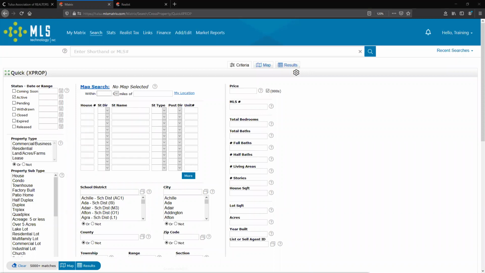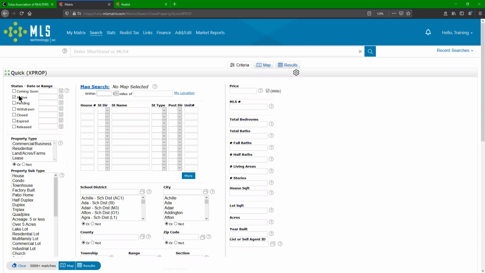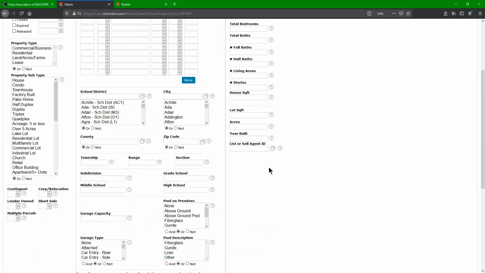Now, we also have some of our search defaults. So when you first show up to a quick search, it's going to have the only default in there, which is the active checkbox. But let's say that you guys are always using a specific area, especially with appraisers or realtors that usually only work in one area, like I've known a couple people that only work in McAlester or only work in Tahlequah. So instead of having to jump in here every single time you're doing a search and put in Tahlequah, or put in Carter County,